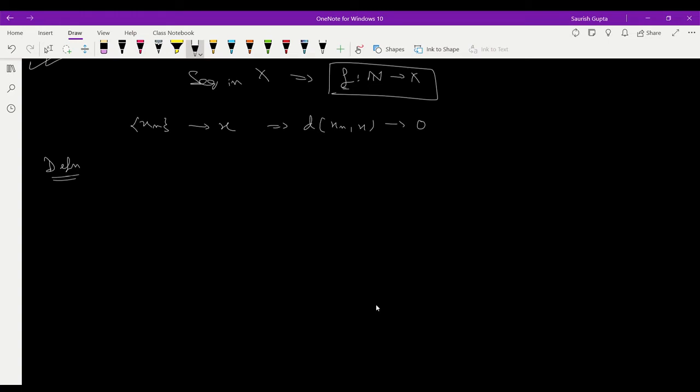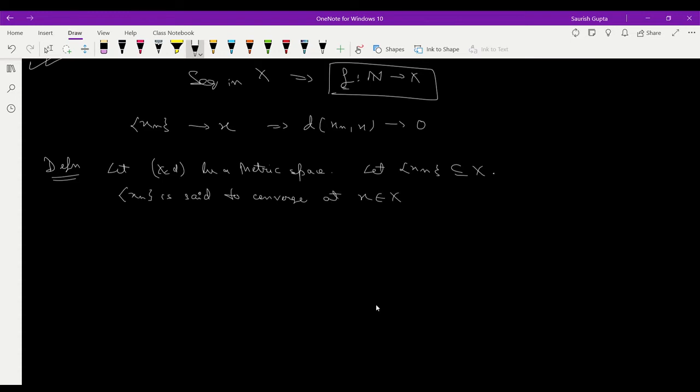But let us also write the epsilon definition here. Let (X, d) be a metric space. Let xn be a sequence in the metric space. xn is said to converge to x, where x belongs to X, if and only if for all epsilon greater than 0 there exists n naught belonging to the natural numbers such that